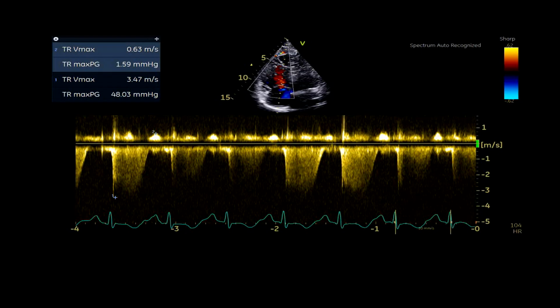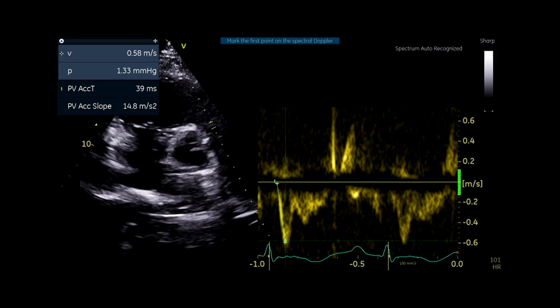Another view of the thing, this measurement is somewhere close to what we got the other time, about 48 millimeter of mercury. This was to measure the pulmonary acceleration time. In the next slide, I will tell you why we are doing this, but this obviously shows that the acceleration